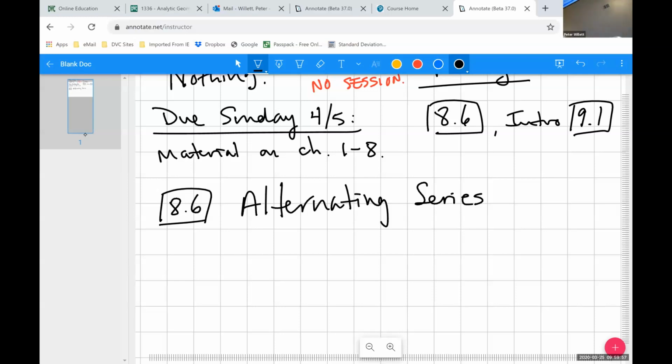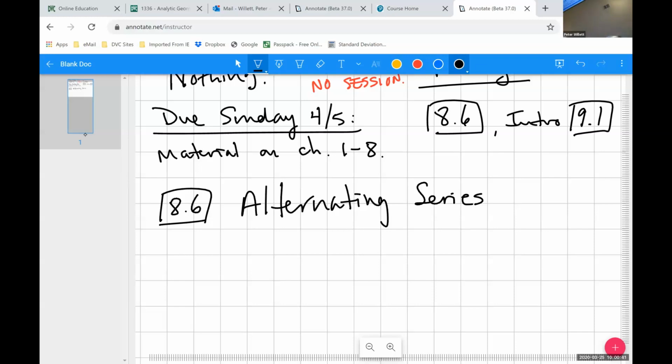And so what we might want to recognize is that before now, all of our series and all of our work with series has been series that were only positive in their terms, so that every term was a non-negative number. In fact, all of our theorems about that also applied only to series that had positive terms. So what happens with our work with series if now the terms of the series might alternate in sign? So in order to think about this and begin to consider this with an example, we're going to focus on